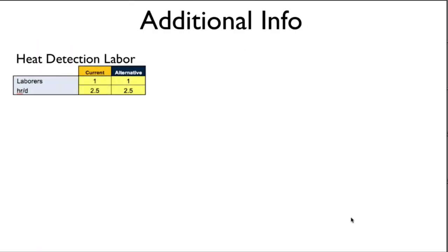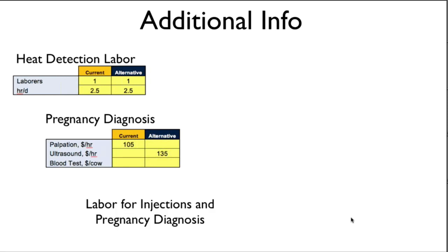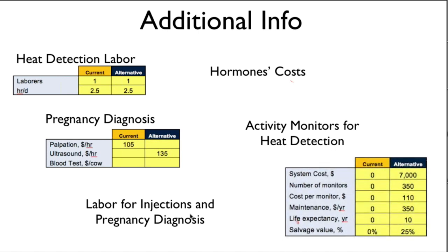So you would also have the opportunity to define additional information like heat detection labor, pregnancy diagnosis, labor for injections, and also pregnancy diagnosis hormones if they are used, and activity monitors. Actually, the activity monitors are a new addition to this tool that was updated like 6 months ago or something like that. And basically, because of the popularity of these monitors, at least in Wisconsin, and I believe all